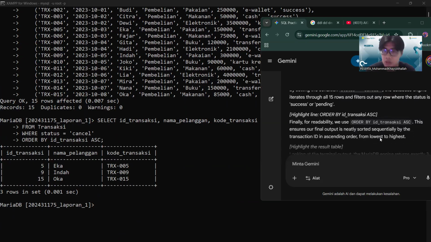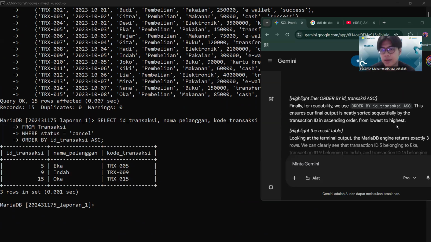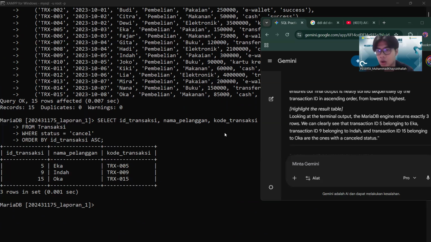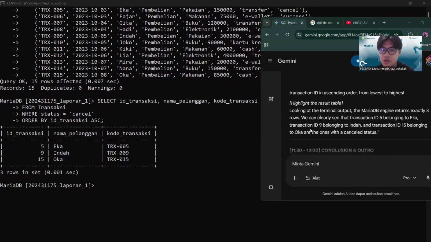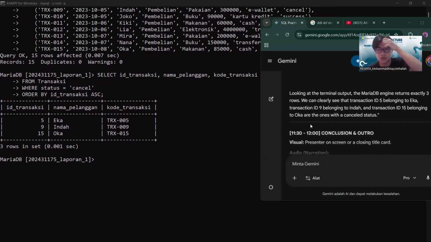Finally, for readability, we use order by ID transaction ASC. This ensures our final output is neatly sorted sequentially by the transaction ID in ascending order, from lowest to highest. Looking at the terminal output, MariaDB returned exactly 3 rows. We can clearly see that transaction ID 5 belonging to Eka, transaction ID 9 belonging to Indah, and transaction ID 15 belonging to Oka are the ones with a cancelled status.